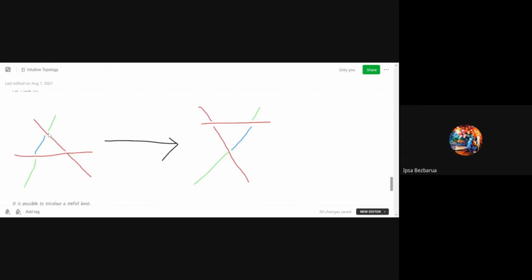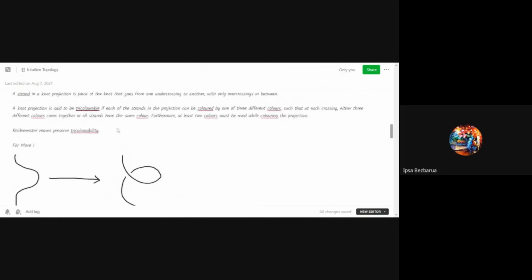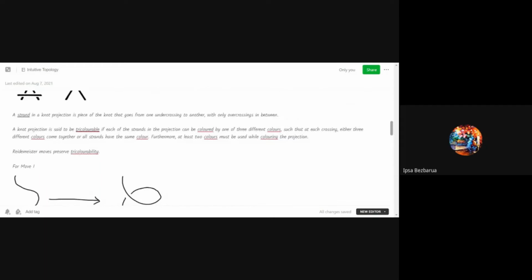I check for the other two crossings and I see that at the lower one I have three colors coming together at the crossing, and at the upper one also I have three colors coming together at the crossing. So this diagram does not violate tricolorability. And also my unknot cannot be tricolored because I cannot use more than one color to color an unknot, because there are no